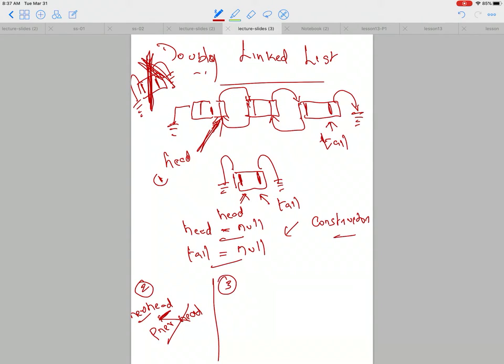New head. The third case is for the tail. What if I want to delete the tail node, which is right here? So again, you do the same thing. You set the new tail as the node that is previous to the current tail. So really, you create a new tail by setting the previous node of that particular tail, and then you're going